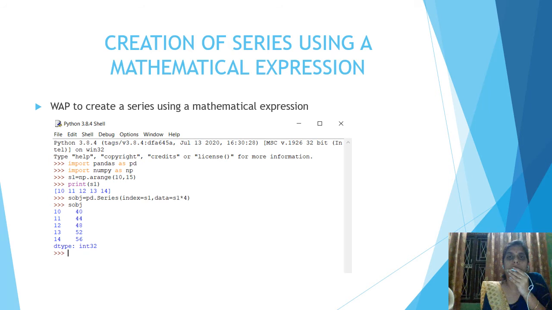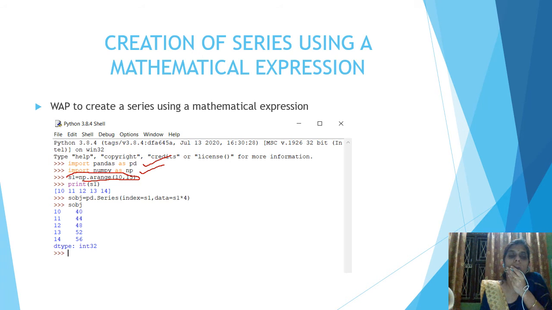Now there is creation of series using a mathematical expression. Please see this program carefully because it is a little bit different and we are using a NumPy array also in this. import pandas as pd, import numpy as np. Whenever we use a numpy array, we import it. Here s1 is equal to np.arange(10, 15).